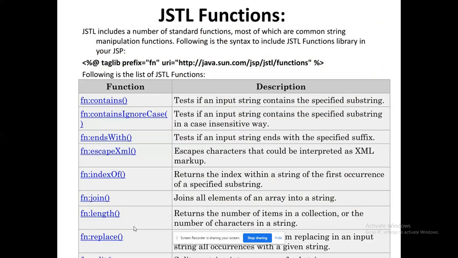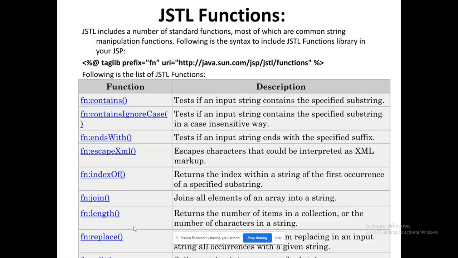Function tags are nothing but built-in functionalities, or ready-made methods, which are available in core Java. For example, for string we have a set of built-in methods. For collections like array list, I have a set of built-in methods. For a map, I have a set of built-in methods. Whatever built-in API-based methods are available, everything can be accessed by using fn colon. It has to be given within the corresponding tag.